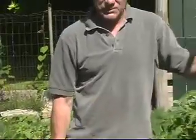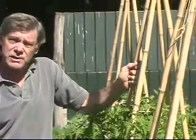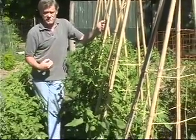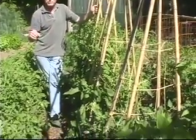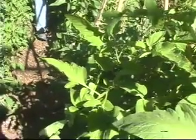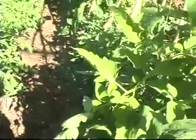The taller heirloom tomatoes, we've got here one tomato per teepee. Teepees is the way I used to do it in Vermont, and I used to put one plant on each leg because the plants never got that big. Now the only one we're doing that way now is the Early Girls that we want for our very first tomatoes, and that's because we're pruning them off to a single stem to make them bear sooner, and we're doing pretty well. We've got a lot of good big clusters of tomatoes on there that are almost full size and ready to start ripening. Probably another 3 weeks we'll have ripe tomatoes. But I'm experimenting